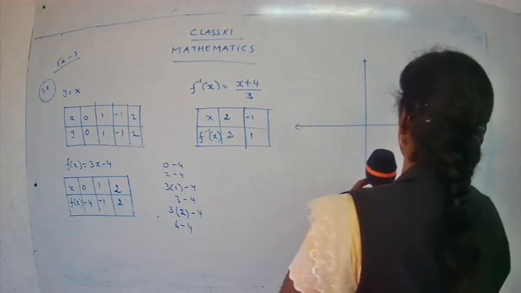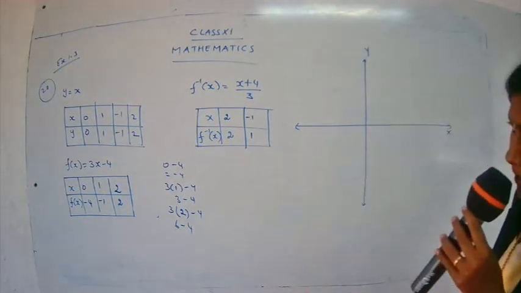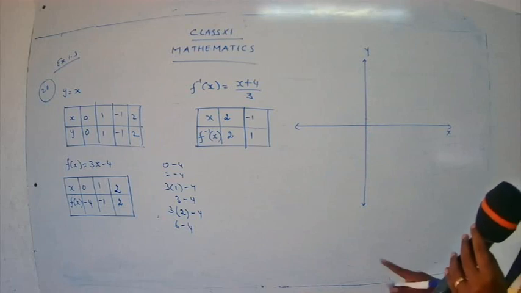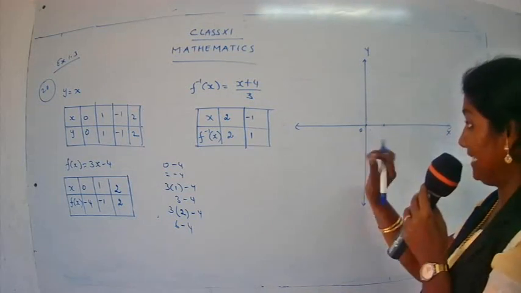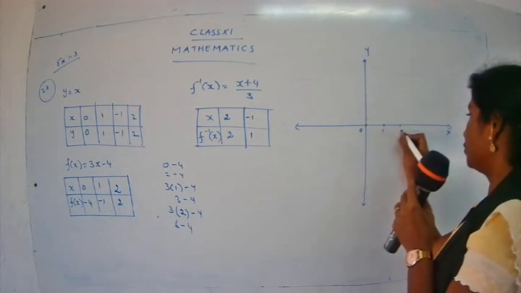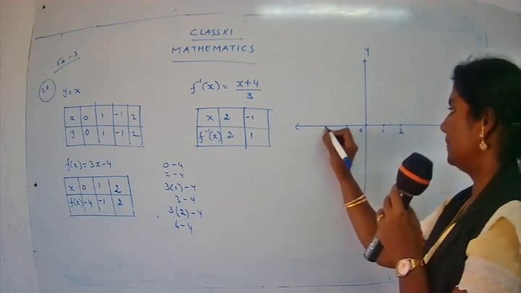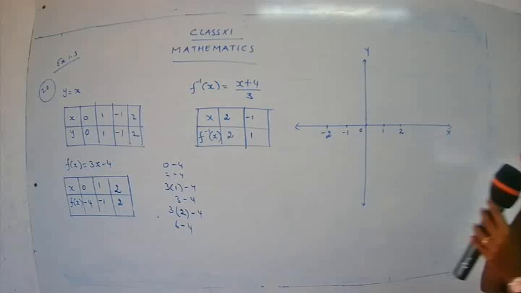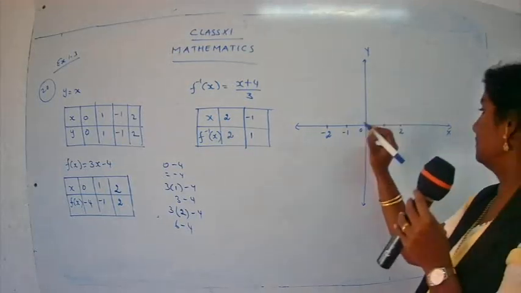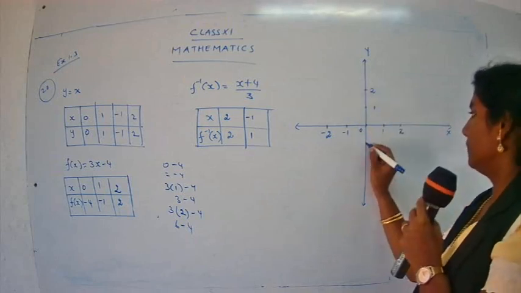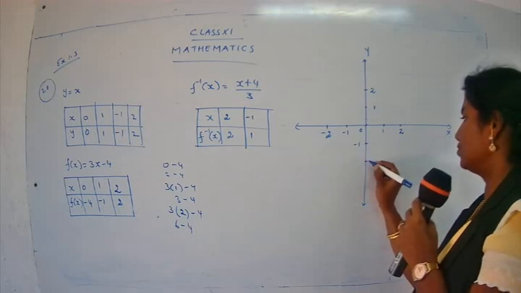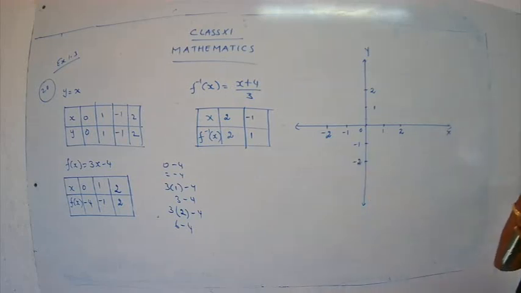Okay, so put your x, this is your y. Since we are not having any numbers other than 1 and 2, I just take 1, 2 and minus. Take here 1, so give a proper gap so that our graph will look neat. 1, 2, minus 1, minus 2. Here you take the points. So 1, 2, minus 1, minus 2. Read properly. So 0, 1, 2, minus 1, minus 2 there, and I have plotted the points.